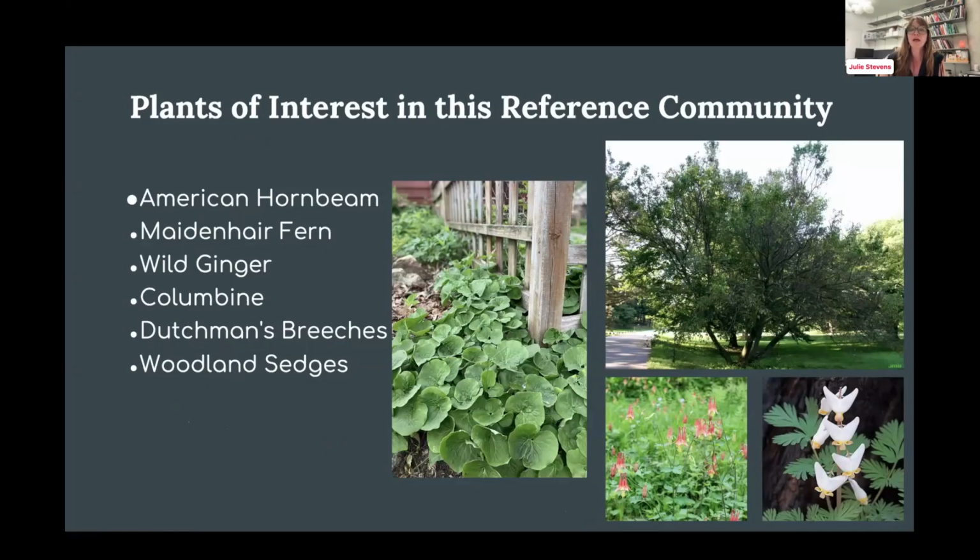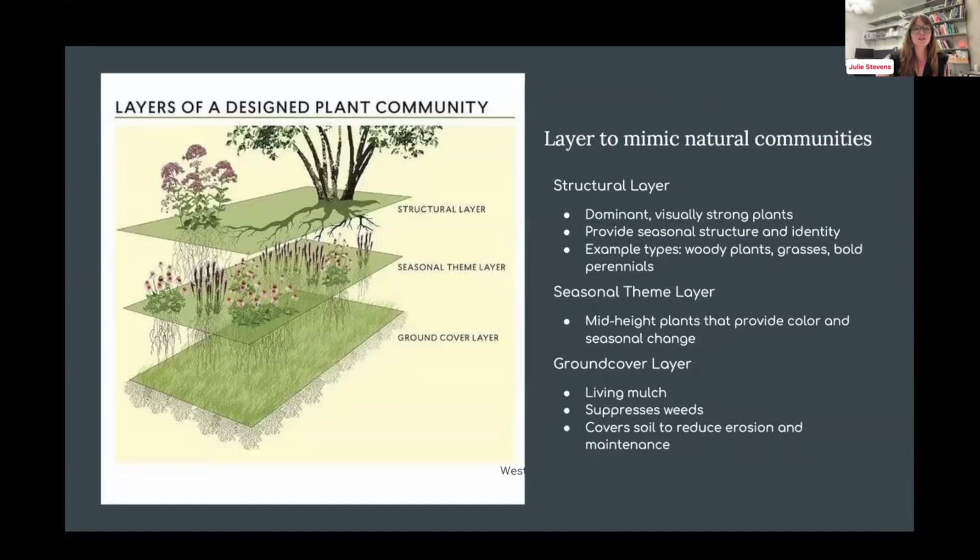So now I have a plant palette that I can work with. So I see something in nature, I think, wow, that's amazing. Now, how do I translate that to a design and a plant palette that I can work with? And so this is a strategy that we're working with. So back to Thomas and Claudia's work in Planting in a Post-Wild World. This is directly from their book.